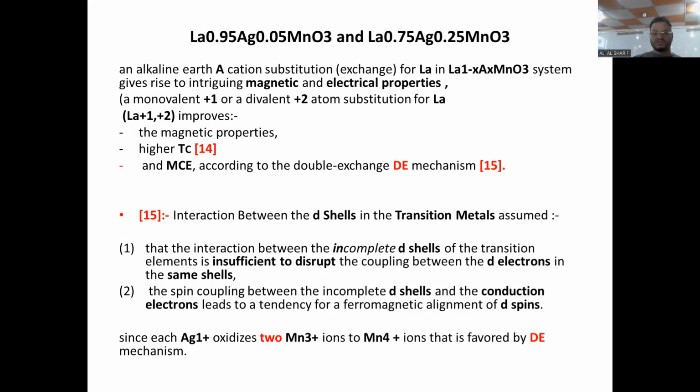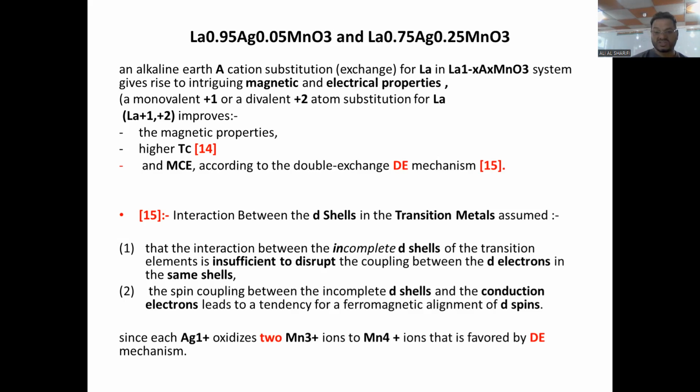This interaction between d shells in the transition metals, not in alkaline earth, not in rare earth, specifically in the transition metals. Transition metals are the elements which are in the middle of the periodic table. First, the interaction between the incomplete d shells, not complete d shells, of transition elements is insufficient to